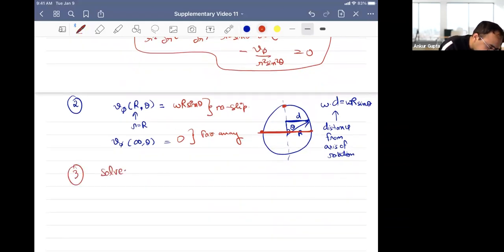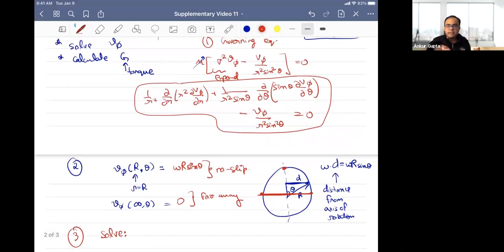But the challenge here is that we have only given boundary conditions in phi, in r, small r. We have not given boundary conditions in theta, and that's because it's hard to differentiate between different thetas, because we just know that we have already encountered the dependence of theta through this sine theta term, right?